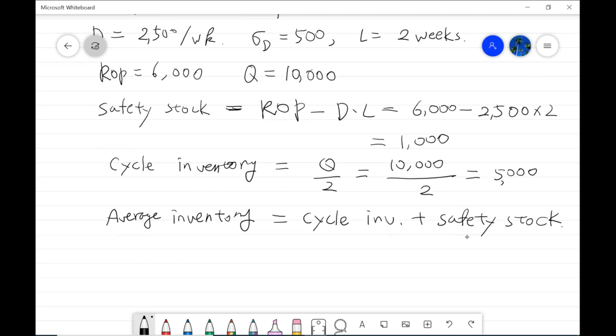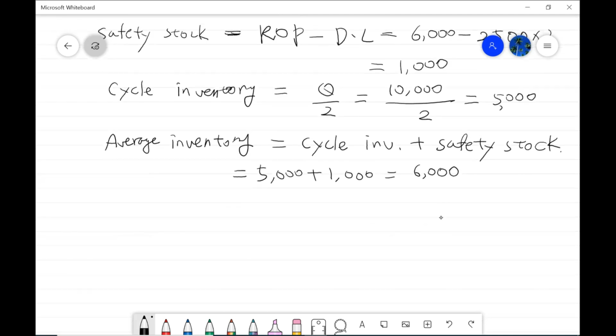It's just 5,000 plus 1,000. That is 6,000. Continue. So once you have this average inventory, and then you can calculate the average